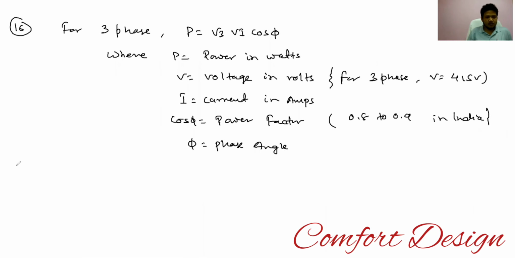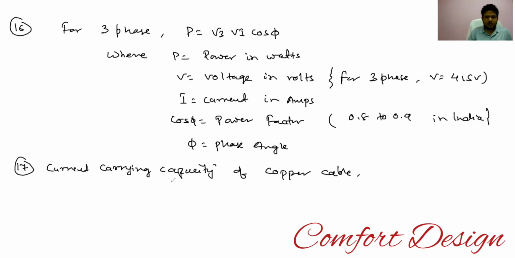Just right here, 17th number, current carrying capacity of copper cable is in 1 square mm, it can go up to 2.2 to 2.4 amperes. And in 18th number, you can just write current carrying capacity of aluminum cable